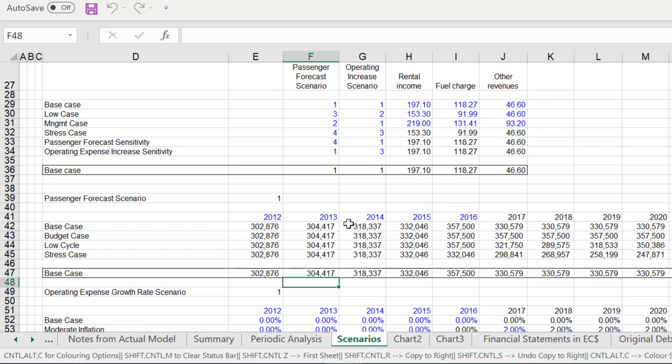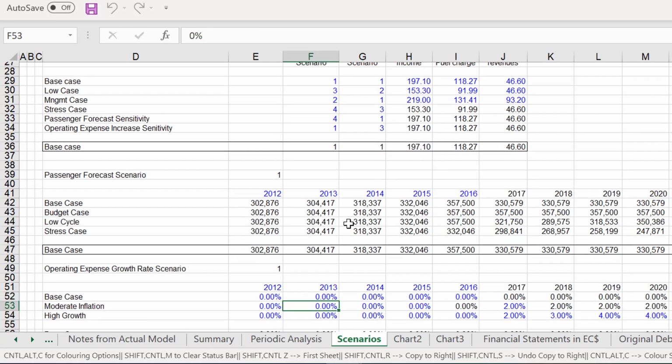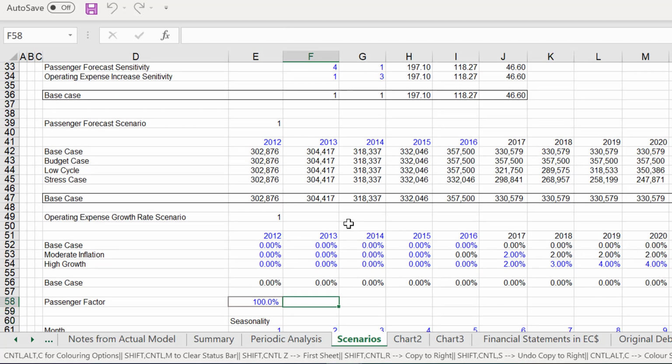the various inputs. And I put some inputs here for operating expense growth and some inputs for stress case revenue, where the revenues here go down.